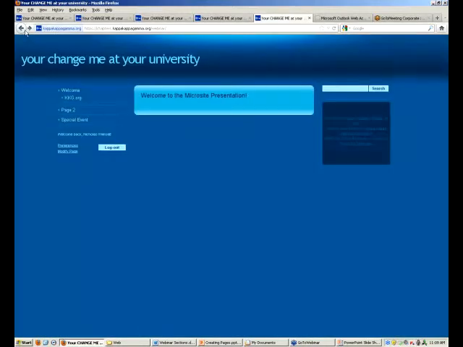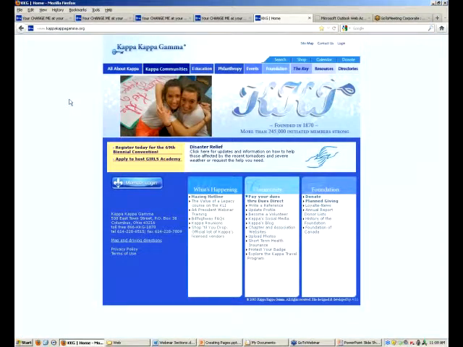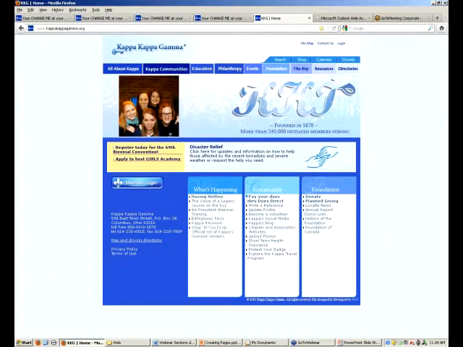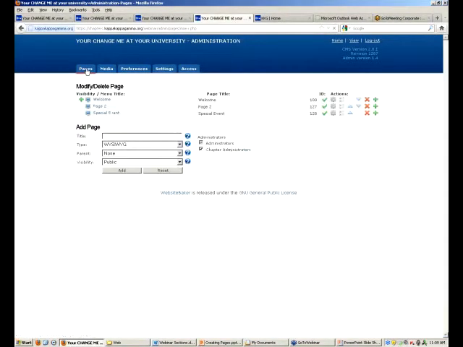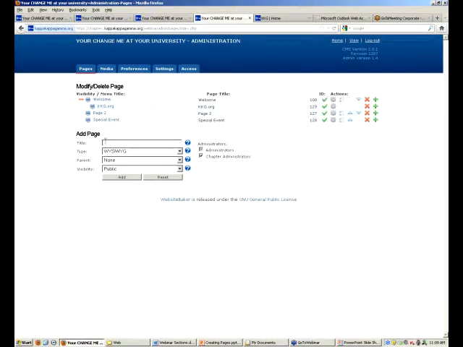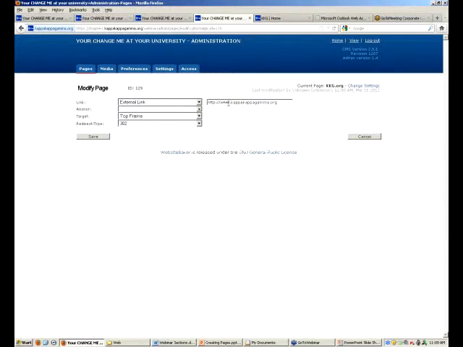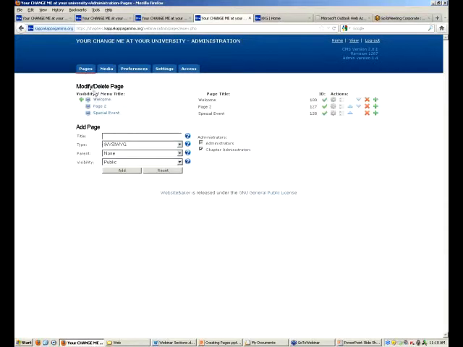Okay, we're going to go back to our microsite again, and we're going to click on kkg.org. Alright, and that brought us to the main page of the fraternity website. And that's a little bit of how external links work. So again, you might have to put in HTTPS and then www. Alright, our next page is going to be